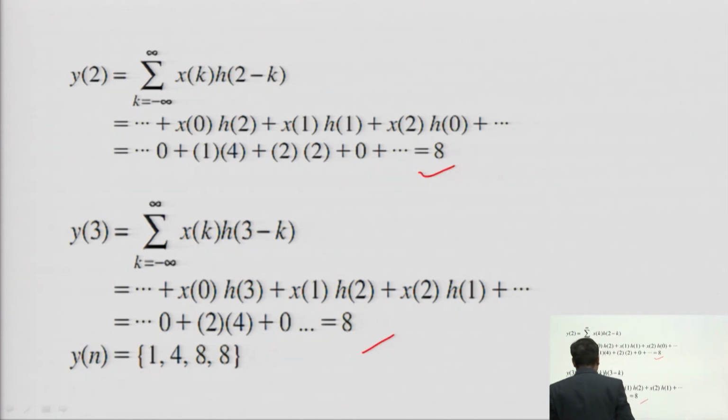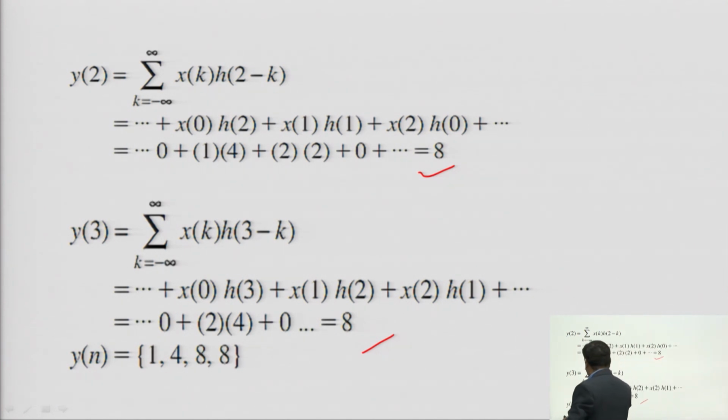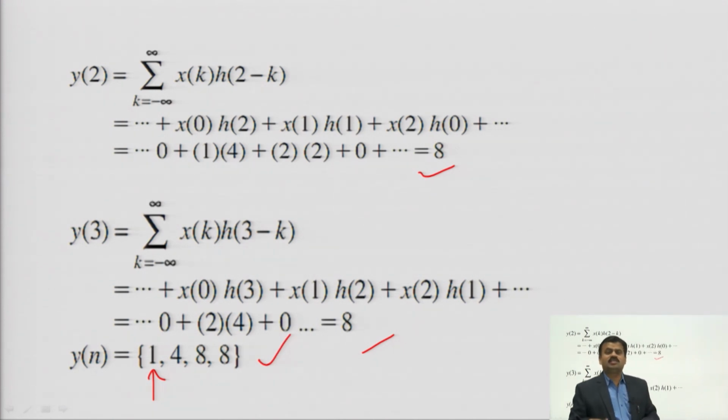Now, because you are doing linear convolution through the circular convolution, your output sequence is also finite and it will be the same length as your input sequences. The input sequence length was 4. So its length is also 4: at 0 it is 1, at 1 it is 4, at 2 it is 8, at 3 it is 8. I hope it is clear to everybody how you calculate linear convolution through the circular convolution and what condition you have to keep in your mind.